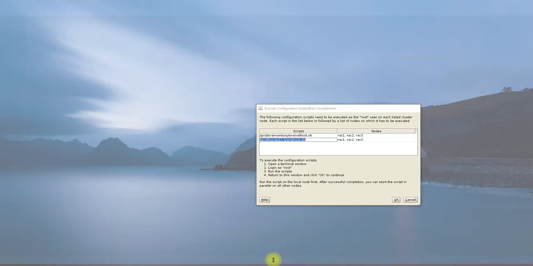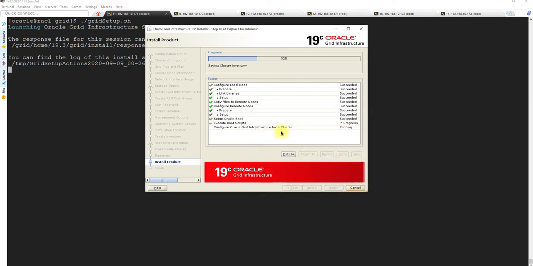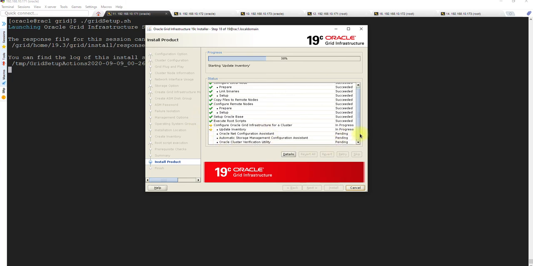And actually, you know what, we will need to say okay and let this finish as well. And one more important thing: at the end of this complete setup, the Oracle Grid infrastructure library, or this particular binary or whatever setup is going on, will use the Oracle cluster verification utility to validate everything, and it will throw an error. The reason being that we have not set up the DNS and scan in the DNS. That's the reason it will throw the error.